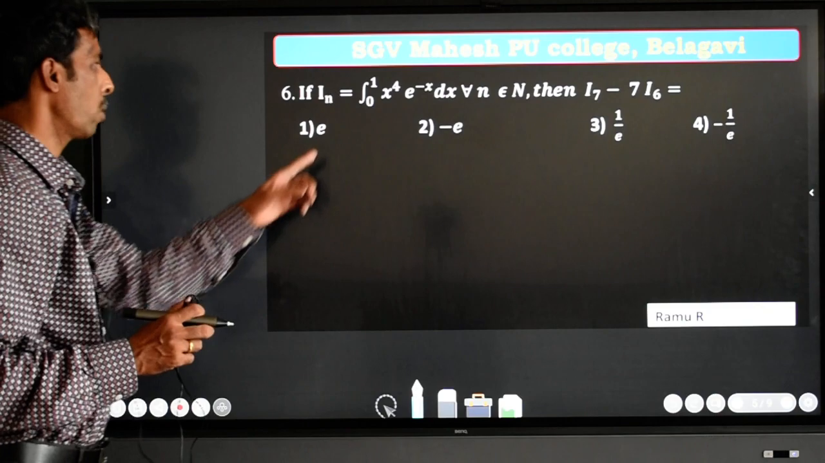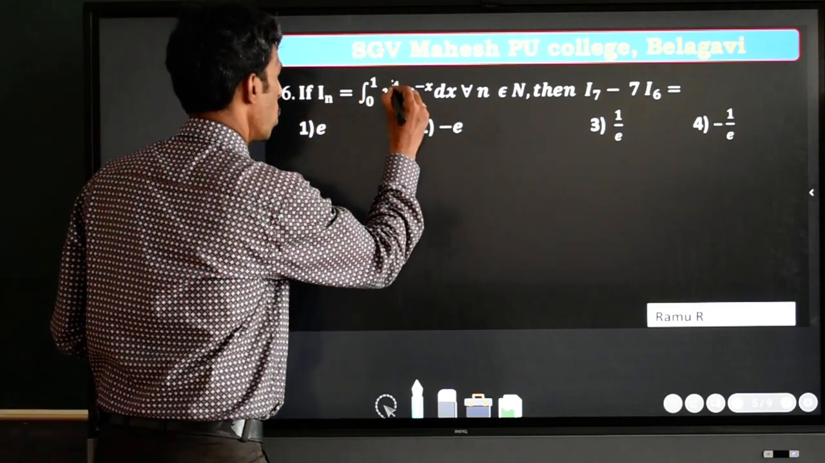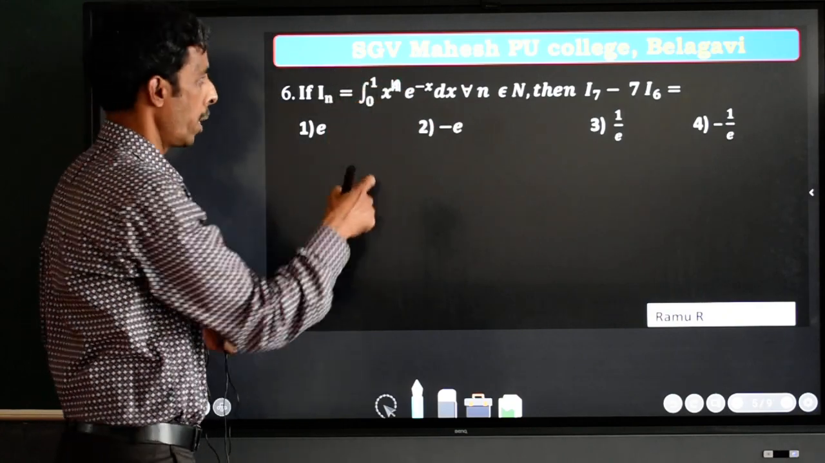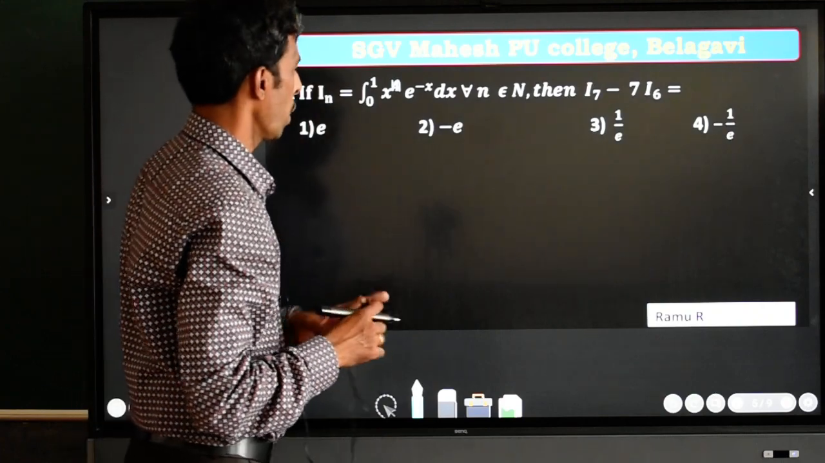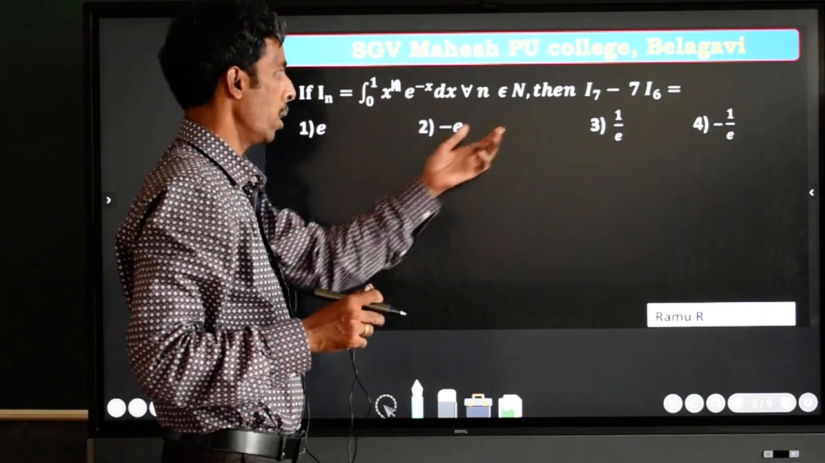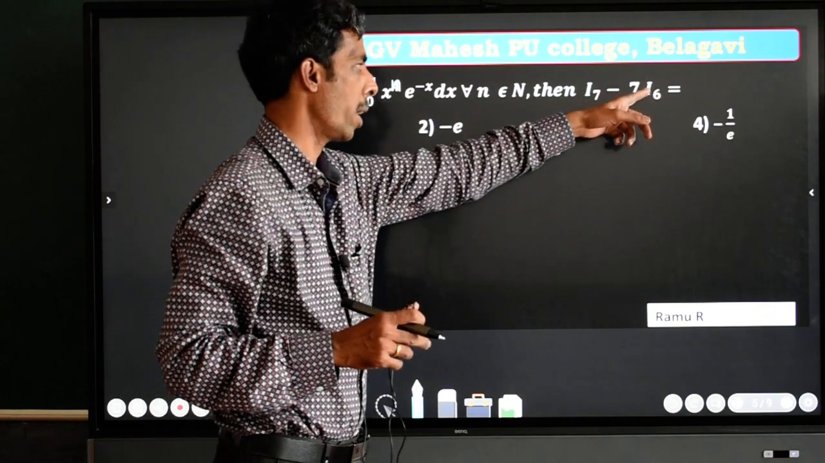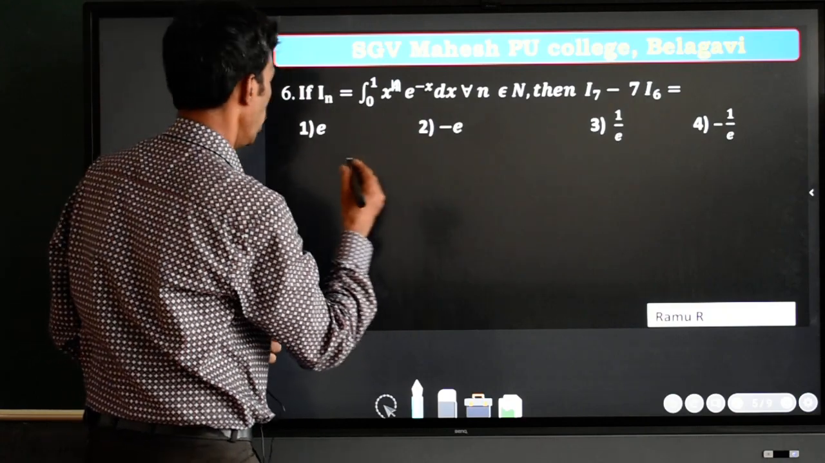See, I n is equal to integration of 0 to 1, they have given, x to the power n e to the power minus x into dx. So, if this is given, then we have to find out here the value of I7 minus 7 I6, which is equal to how much? It is the question. You do one thing, first of all, I7,